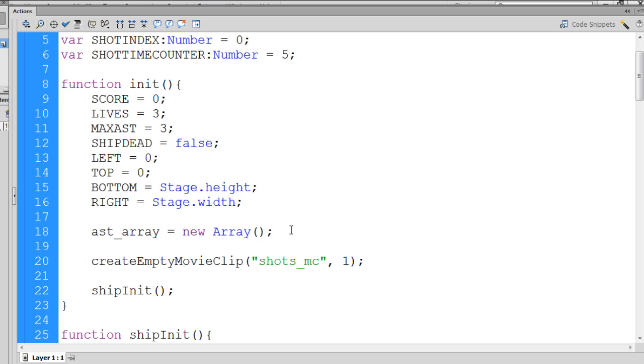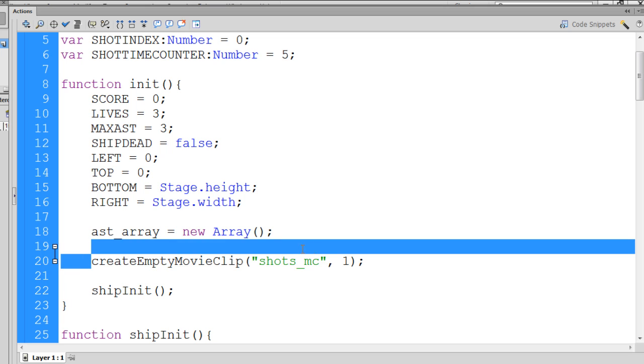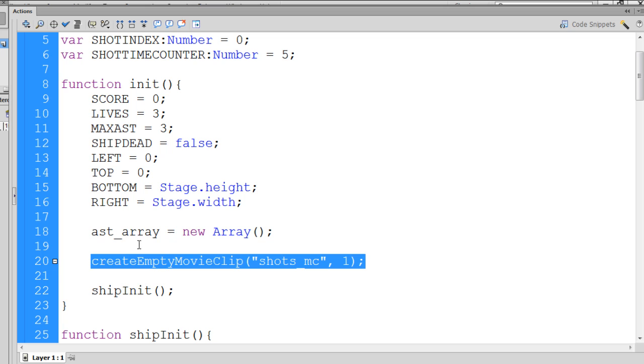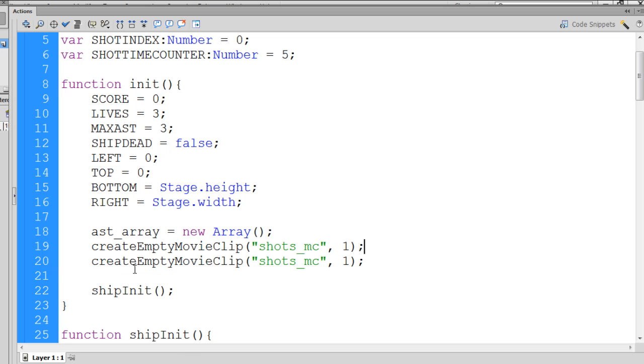Then after we do that, we're going to use this create empty movie clip function. I'm going to copy it and paste it right here. We're going to make another empty movie clip, except this one is going to be called ast_field, with a capital F, _MC. And I'm going to change the depth level to 0. Okay, so we're going to have an empty movie clip called asteroid field _MC, or astField with a capital F, and this will hold all of the asteroids that we're going to attach from the library that will be flying around